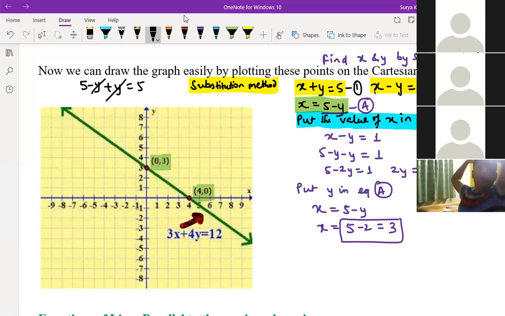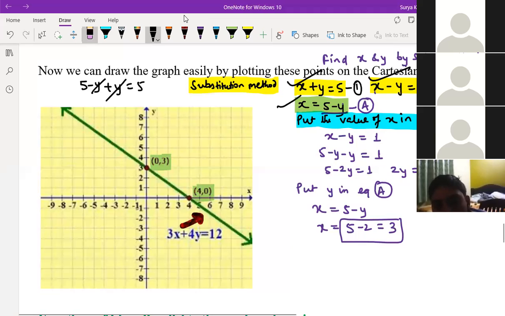Sir, my doubt is why we are... Wait. Let Nihar be clear, then I come back to you. No, I'm telling that x plus 5 is equal to y. We can put in that one only, right? See, this equation you are saying to put in equation first, right? No, sir, I'm telling that we got the value of y, right? Y is equal to this. We can put that y value in x. Yeah, anywhere. This value can be put either in the first equation or the second equation. Anywhere you can put. No problem.